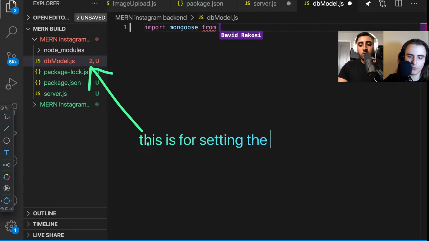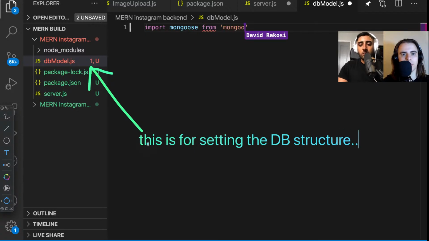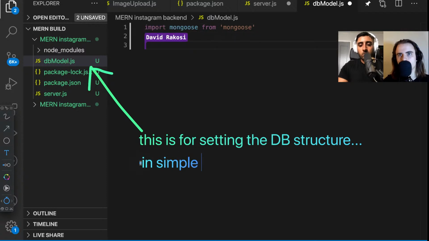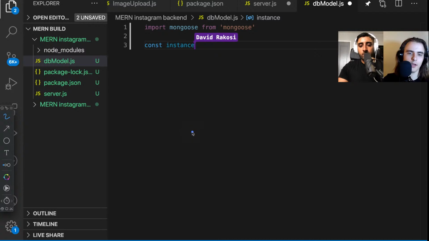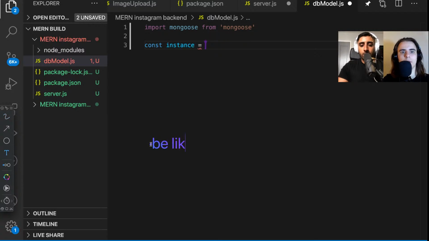From Mongoose, of course. Yep, and we will simply need to create an instance, right? So const instance, and we will be creating a